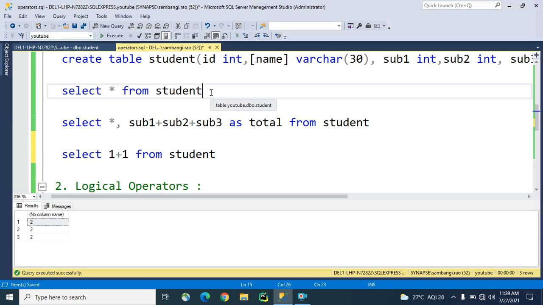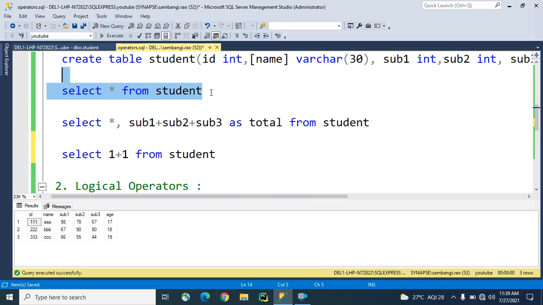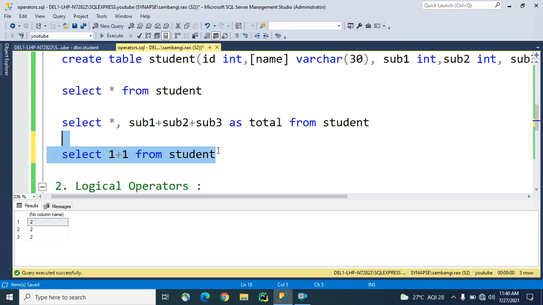We have seen this before, right? Three records exist, so it will definitely give the same answer three times. So if you want to apply this operation on individual numbers, you cannot use any table name.